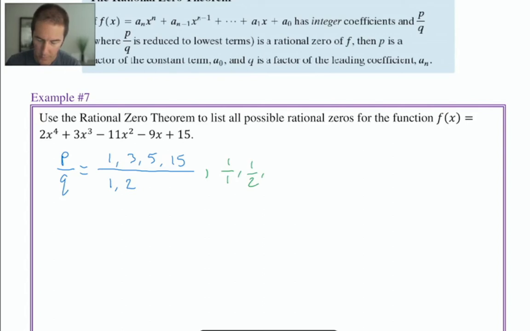And then I'll take the 3 from the numerator, so to speak. We'll take the 3 divided by 1 and the 3 divided by 2, and the 5 divided by 1, and the 5 divided by 2. Thankfully, this is almost over. 15 over 1, 15 over 2. And then let's clean this list up a little bit. Certainly 1 over 1 is equal to 1. We have 1/2, 3, 3/2, 5,